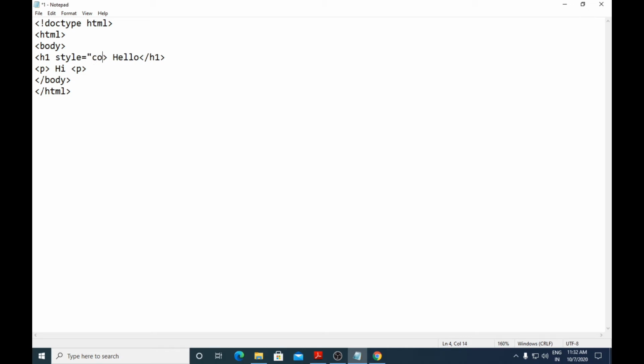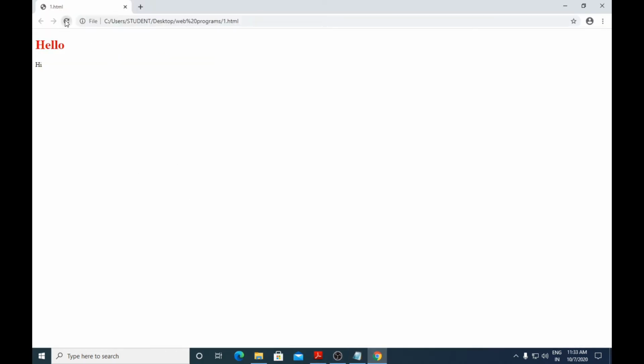I'll use the CSS property color, and the value for that property I'll use is red. Every CSS value ends with a semicolon, and you end with the double quote. Control S. You can see that only the heading has become red.